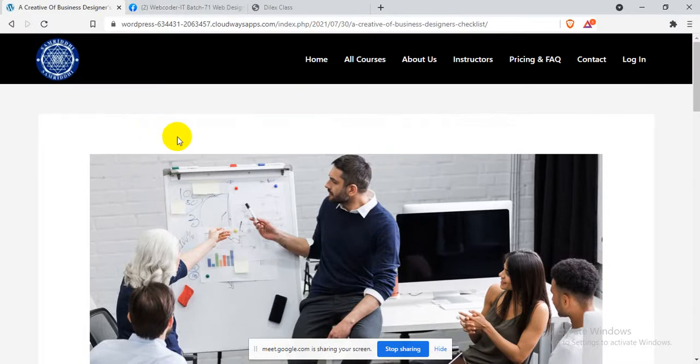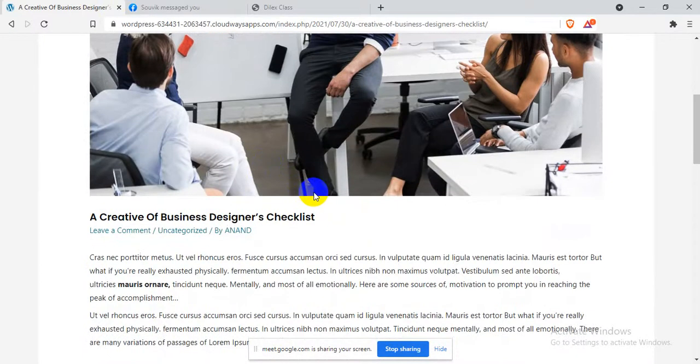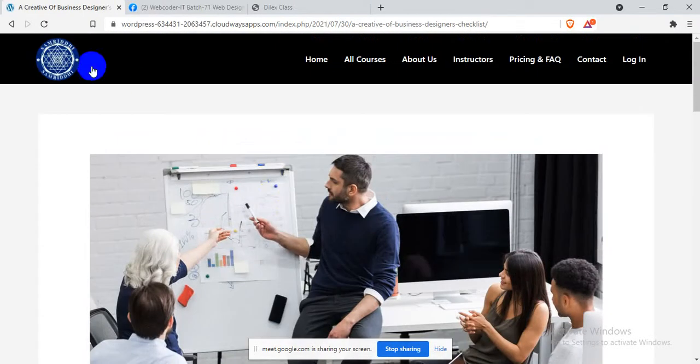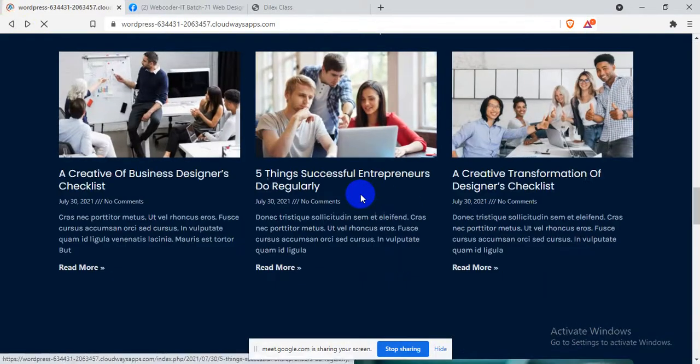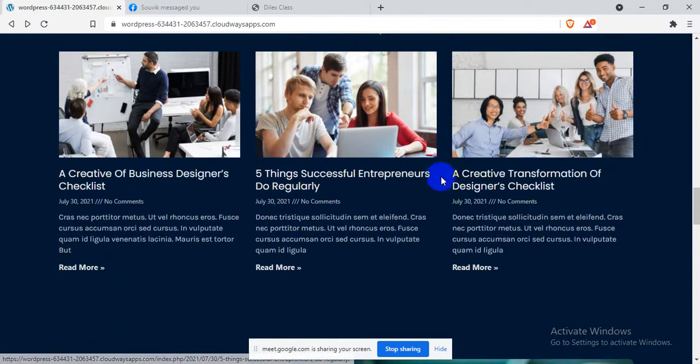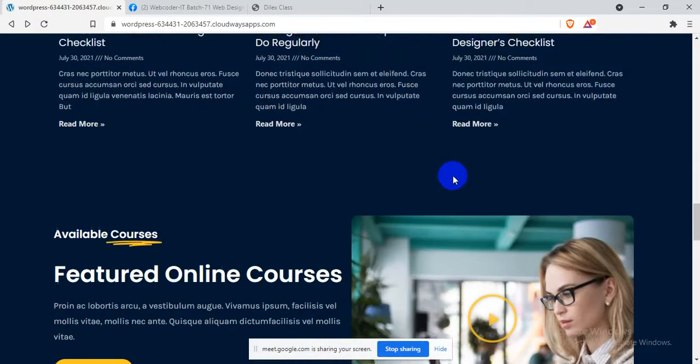Isn't it the same as an article? Yeah, it's something like an article, a blog post. Okay. So we are giving information about different courses here. Yeah, different courses or any updates, any news. So if you would like to share, we can add it. It's an effective section. We can put it here. Okay, we can keep it here.